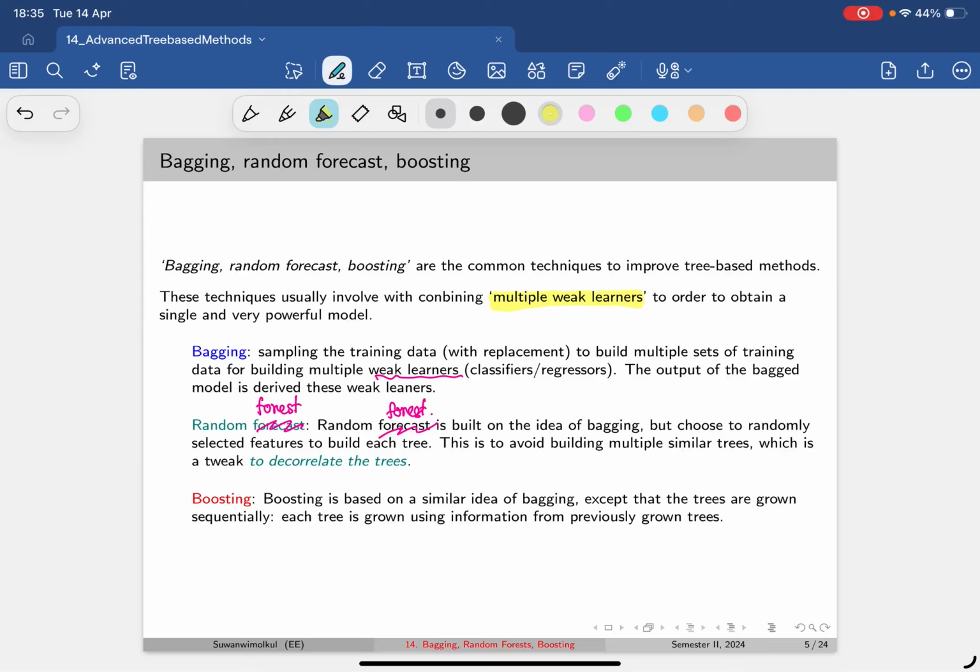And the first technique is called bagging. Bagging is a technique where the training data are sampled, and each sampled set of the training data will be used to train a weak learner. So the more sets of the samples that have been made, the more weak learners you will have. So that is bagging. Bagging works well, but still they find that, when all the training data have been subsampled,